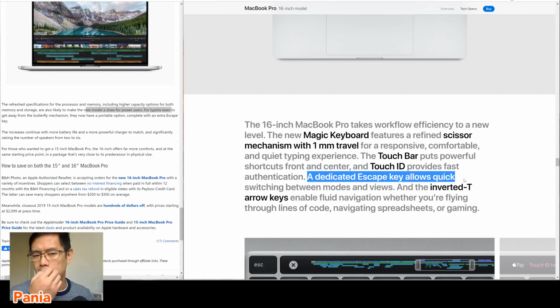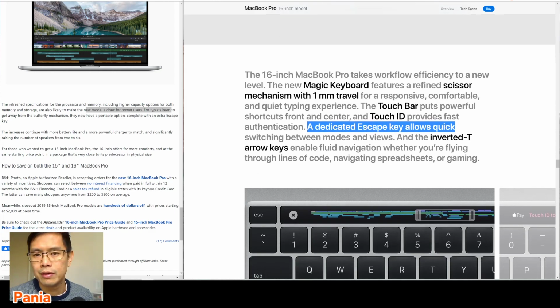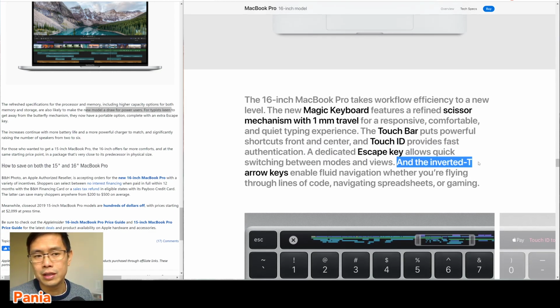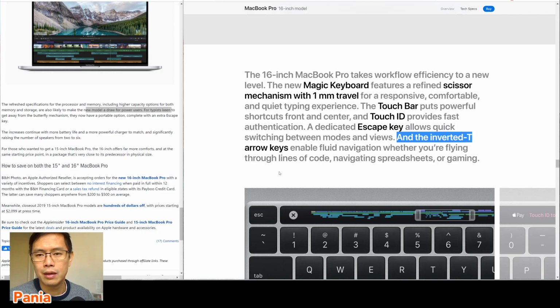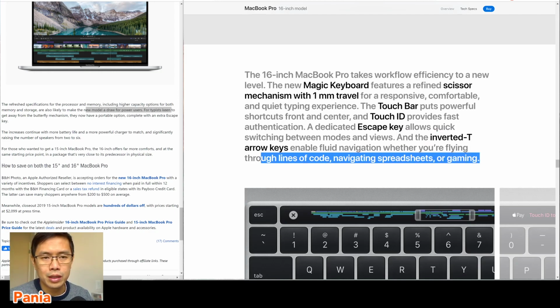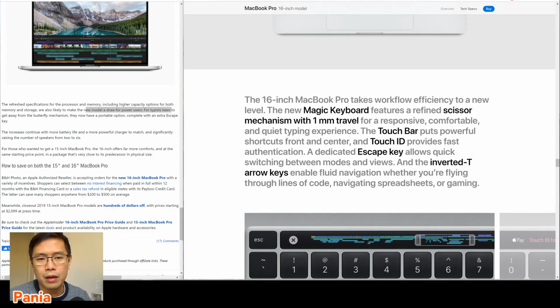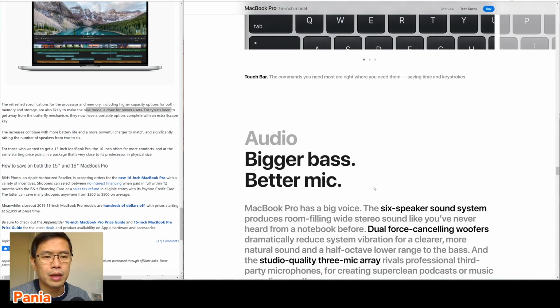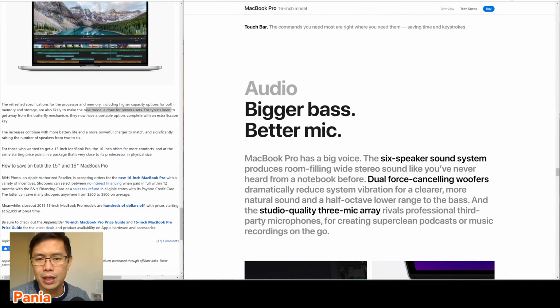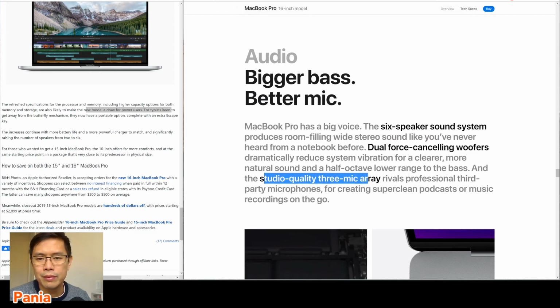Buying the Surface Pro, but this definitely has a good design, and the brand name here. So the inverted T arrow keys enable fluid navigation, whether you're flying through lines of code, navigating spreadsheets, and gaming, okay. Audio, bigger bass, better mic, 6 speaker surround system, dual force cancelling woofer, studio quality 3 mic array,